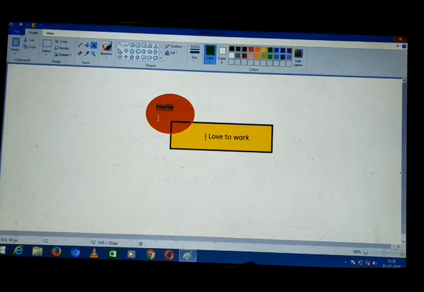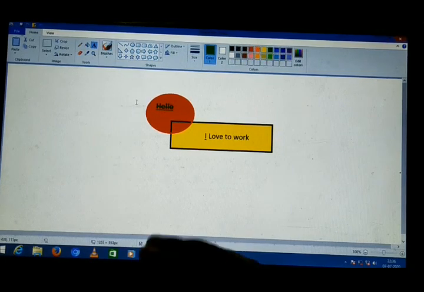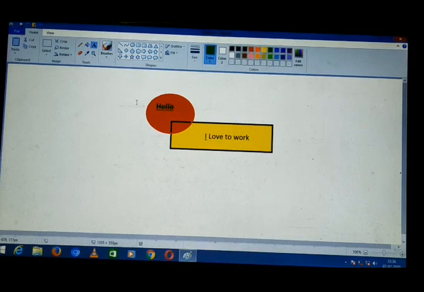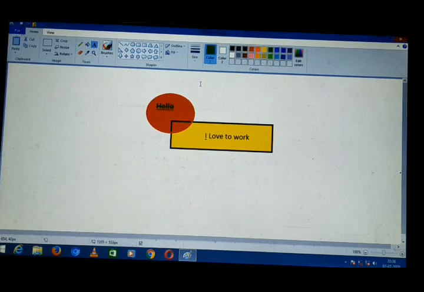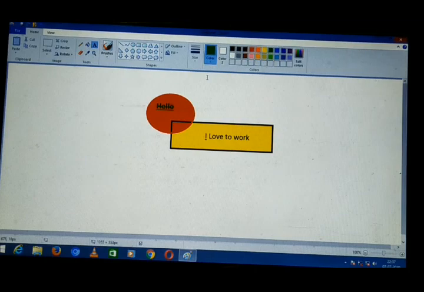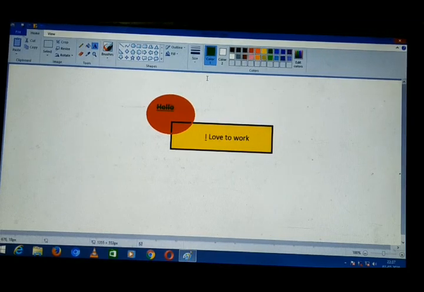We can make it bold, or we can make it italic, which means it will look slanting. So we can apply any of the changes: background changes, foreground changes, color changes. You can also select different kinds of fonts, the size of the text, or the colors. Likewise, I have written the text with black color and other text with green color.